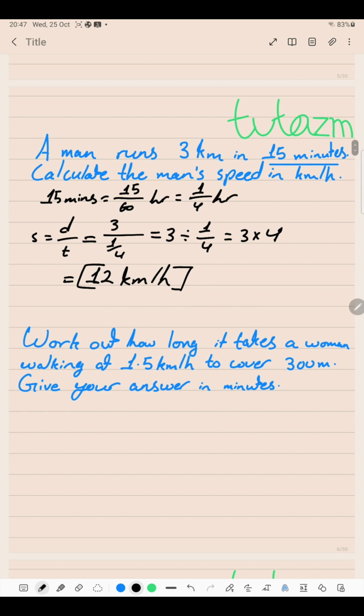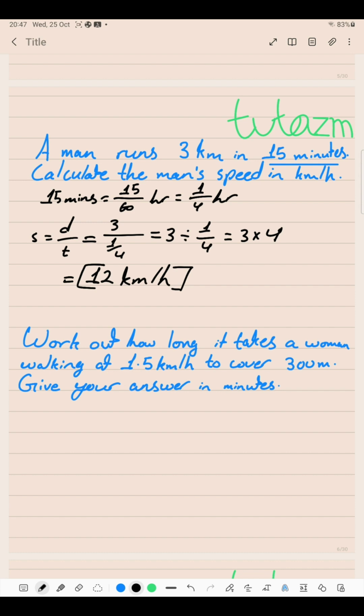The next question says, work out how long it takes a woman walking at 1.5 kilometers per hour to cover 300 meters. Give your answer in minutes. So feel free to pause the video now and have a go. And we'll go over the question now. So